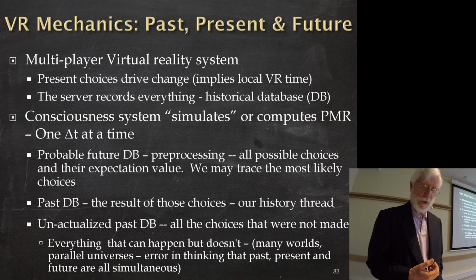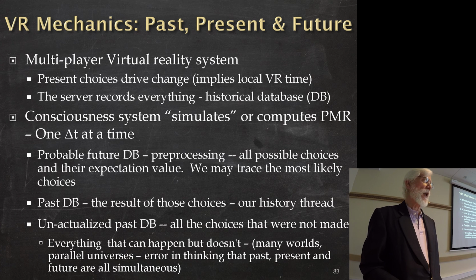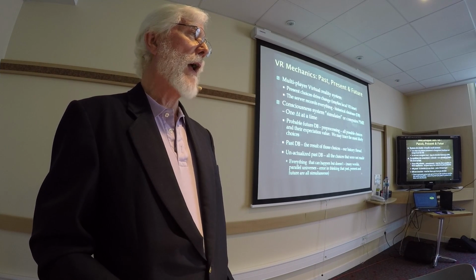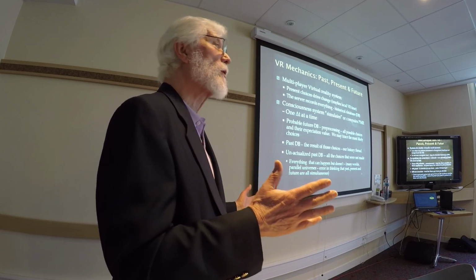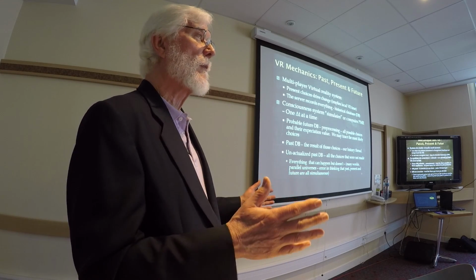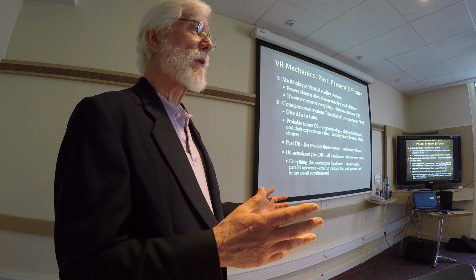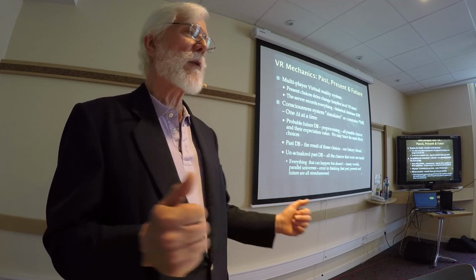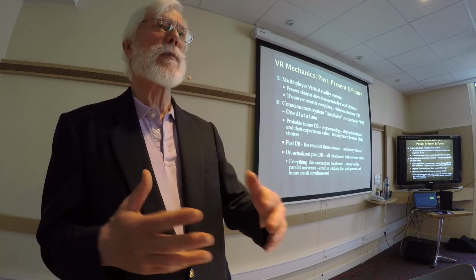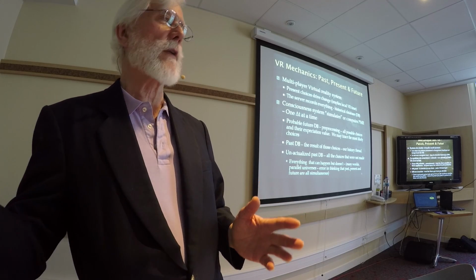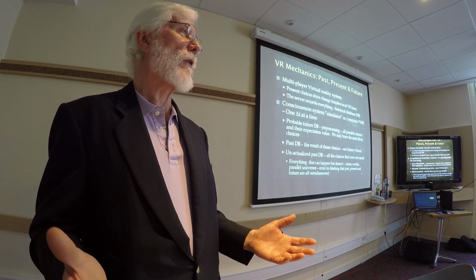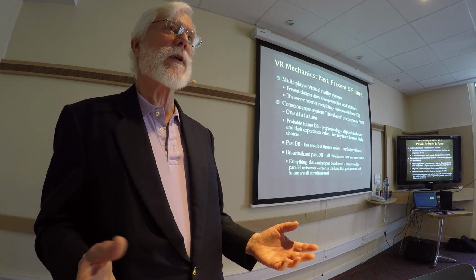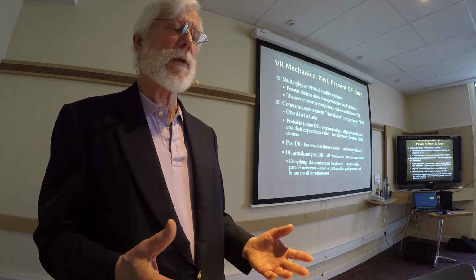Okay, in order for consciousness to run this virtual reality as a schoolhouse, it has to keep track of where it's been. How can it maintain historical consistency if it doesn't know what historical is, right? So it has to keep some historical data because it can't run the show without it. How can it be prepared for the new data stream if it doesn't keep track of where we're likely to be going, what the probable future is? So it has these databases.